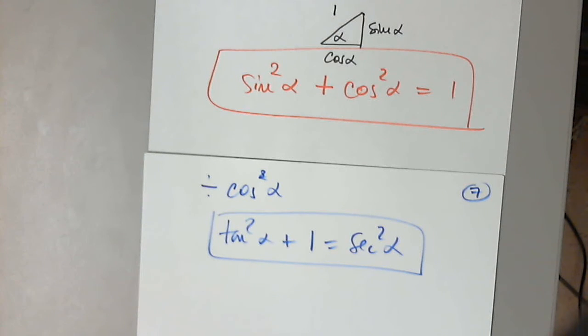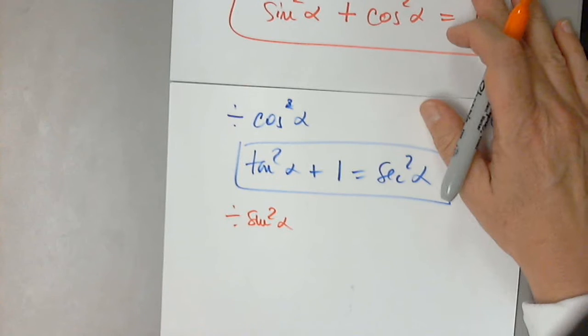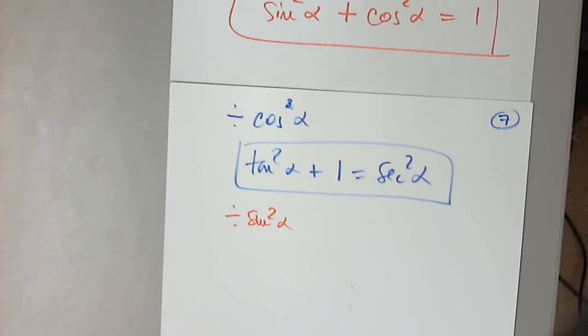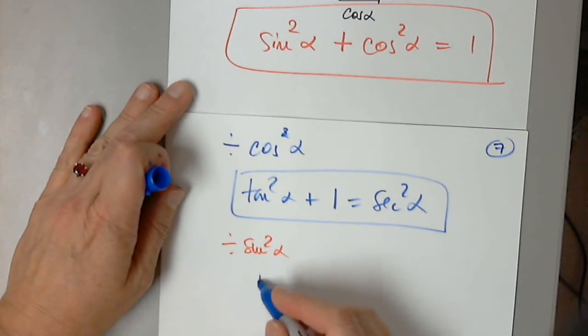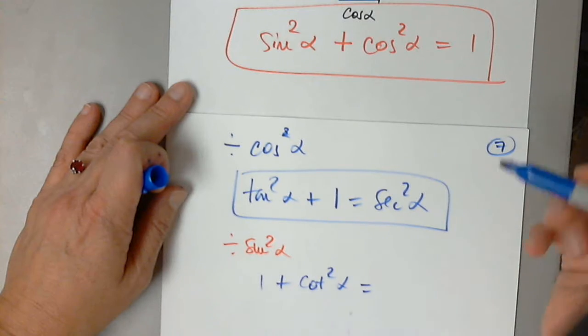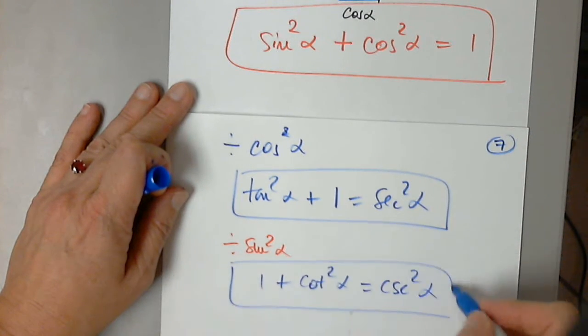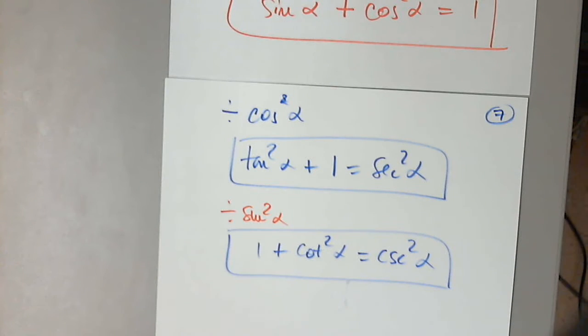Now I would like you to divide the original one by sine squared, and we determine the third one, the third most important trig identity. So please divide. Yes? Plus? Yes? Very good. So now,